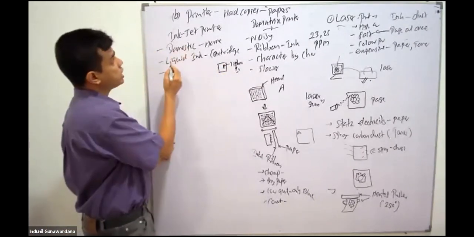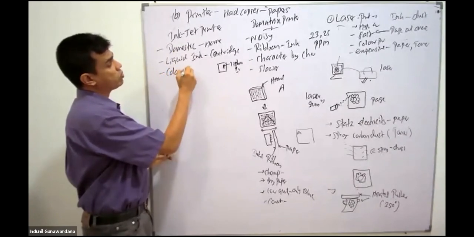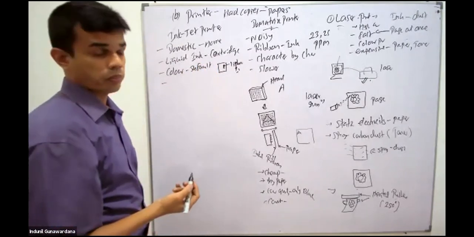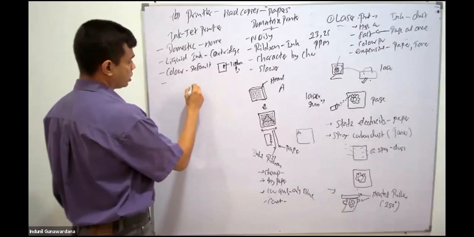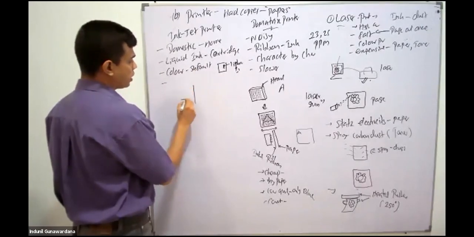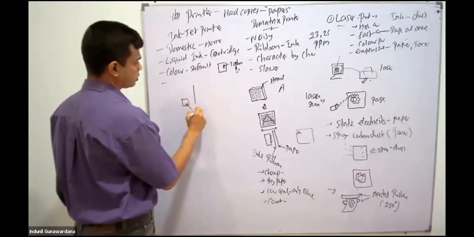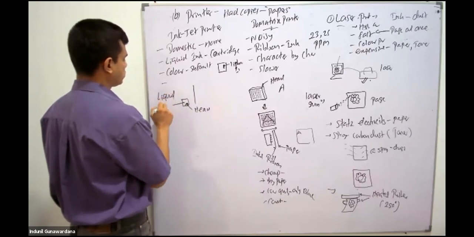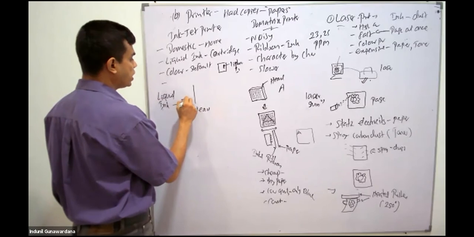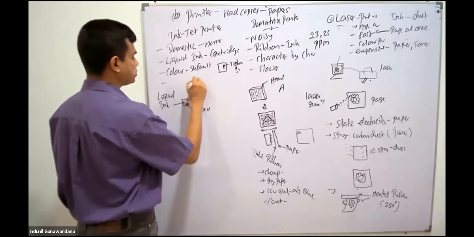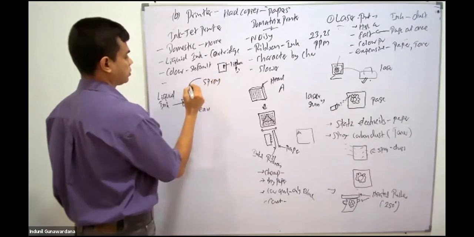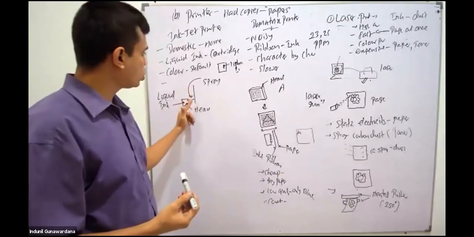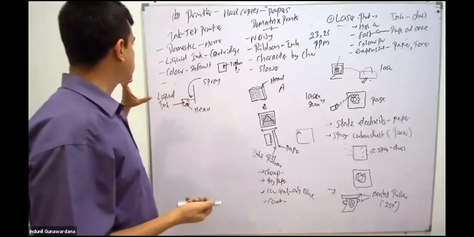And the other feature here is that this inkjet printer is color printing by default. The technology is, here we have the paper, and here we have the ink cartridge with the head. The head has the liquid ink available. Then this liquid ink is sprayed directly onto the paper. So that's how the printing goes on.